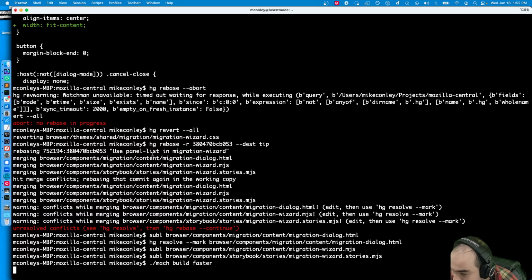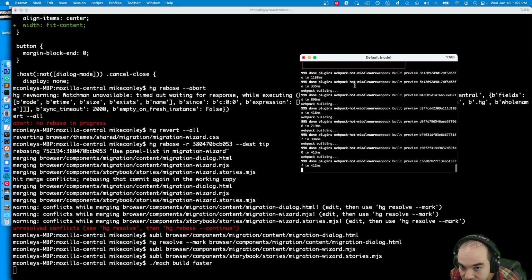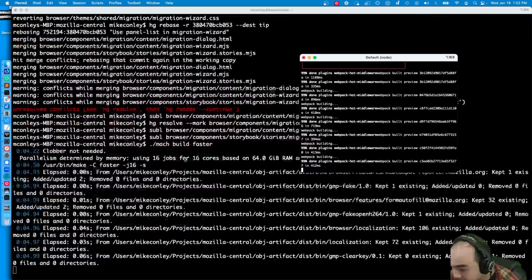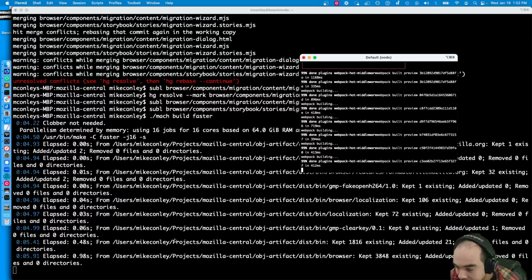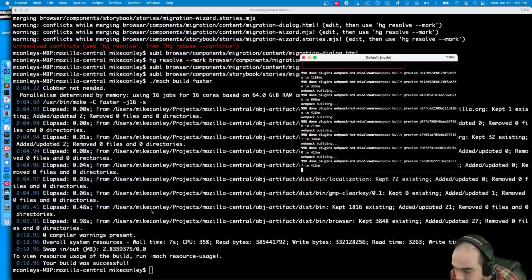Let's take a look at what we've got. Now, Storybook has been running this whole time in the background. I'm not even entirely sure I needed to build just now, but